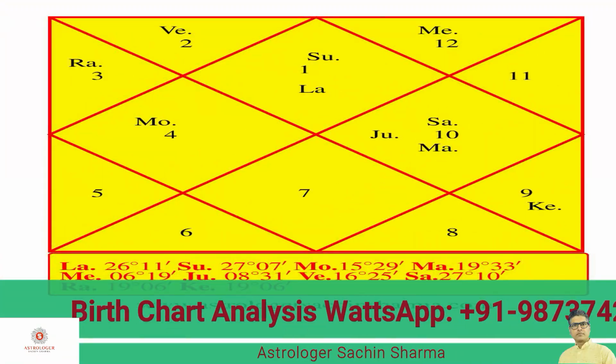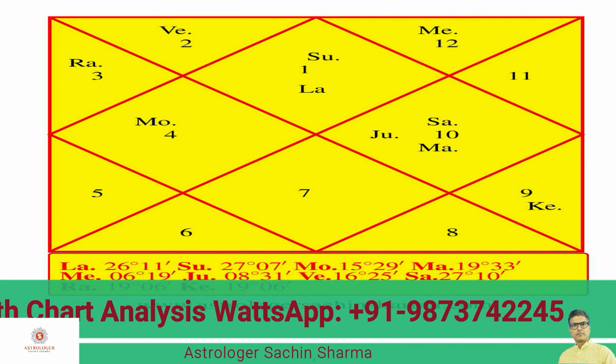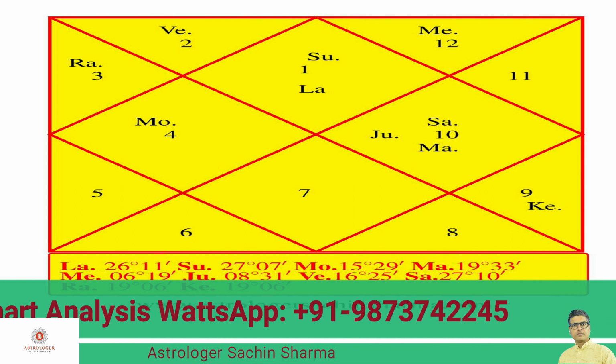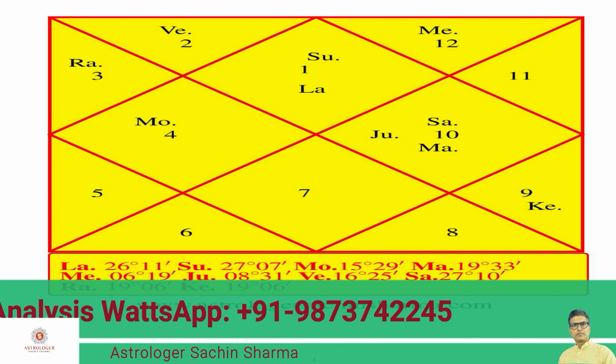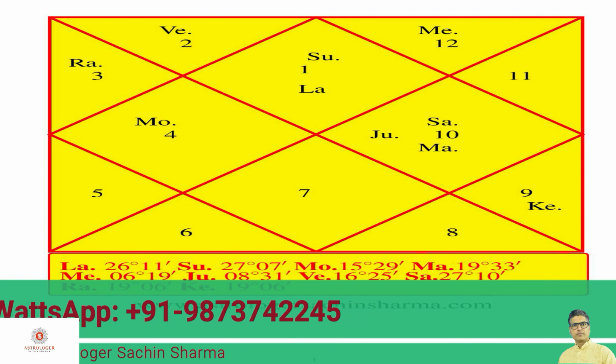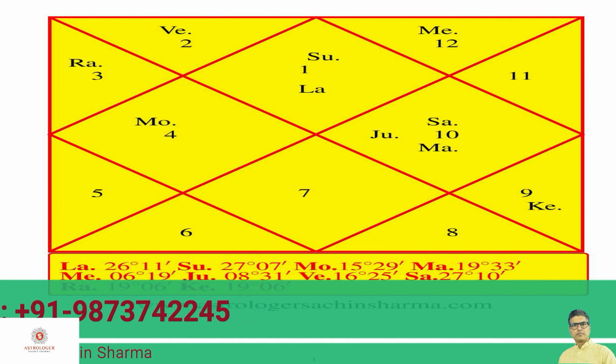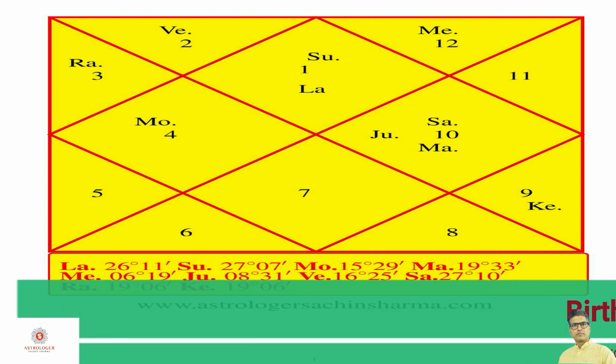So here the Sun degree is 27 degrees and 7 minutes. That means Sun is in death stage, and if we see the position of the Sun, which is in Aries ascendant, that is a very strong position of Sun, but due to the very low degree of this Sun in this particular birth chart, during its Mahadasha and Antardasha period, Sun will not be able to give its 100% result here, and the results will be very less. We can say 5%, 10% like that only.